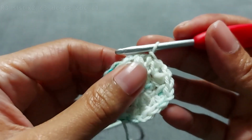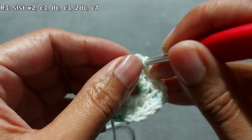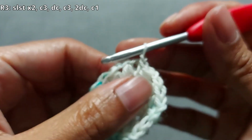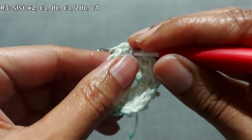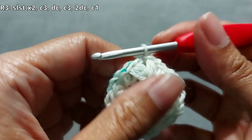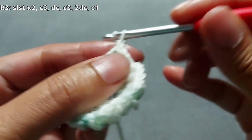We are doing round 3 now. You're just going to slip stitch into the space below that you just slip stitch into, and then climb over and slip stitch into the chain 2 space here. So just slip stitch into that. So you're basically kind of crawling over into the chain 2 space. Now you're going to chain 3,